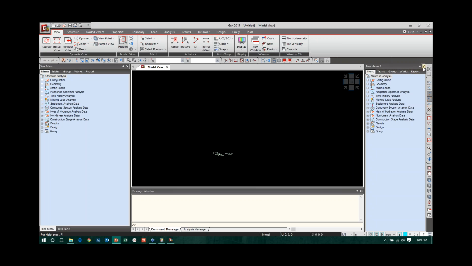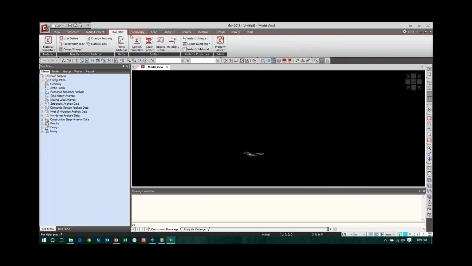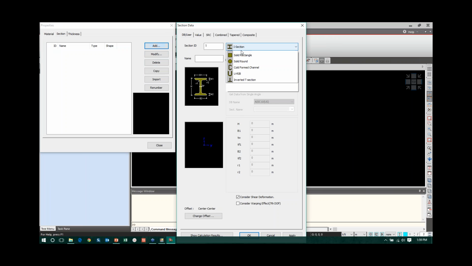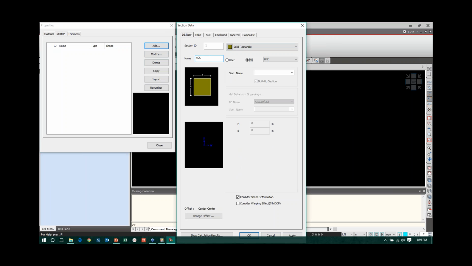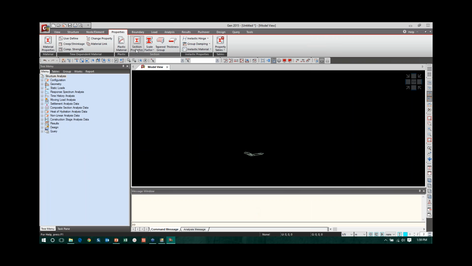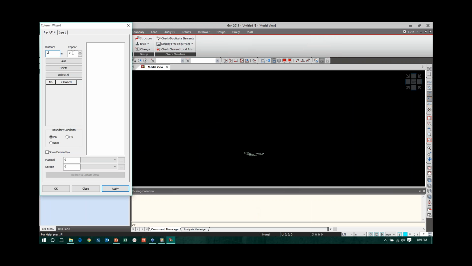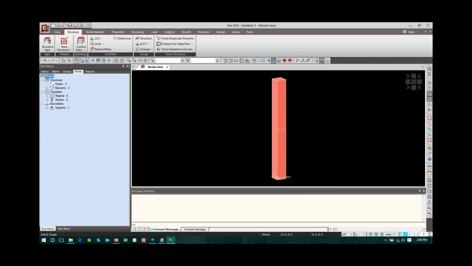So here, first let me create two sections. I go to the properties, section properties, add, solid rectangle, column, 1 meter by 1 meter, apply, and another column is 0.5 by 0.5. Now I go to structure, base structure, column, 2 at 5 meters, 2 times, add, material 1, section 1. And now the top column I'm going to change it to